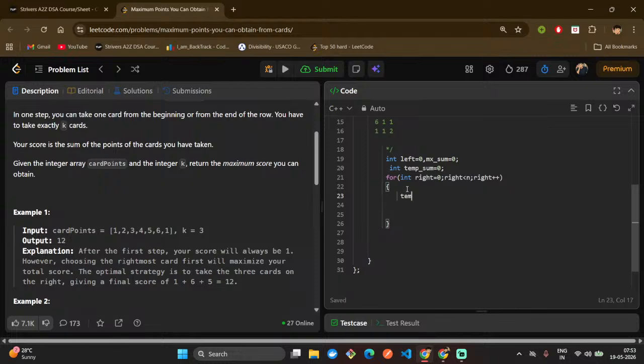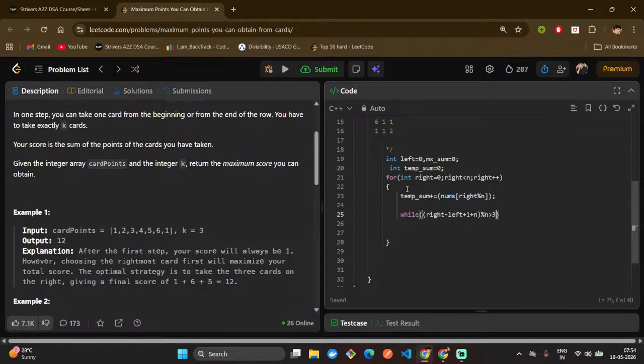Now we just have to add into it. Now we just have to see if right minus left plus 1 plus n modulo n